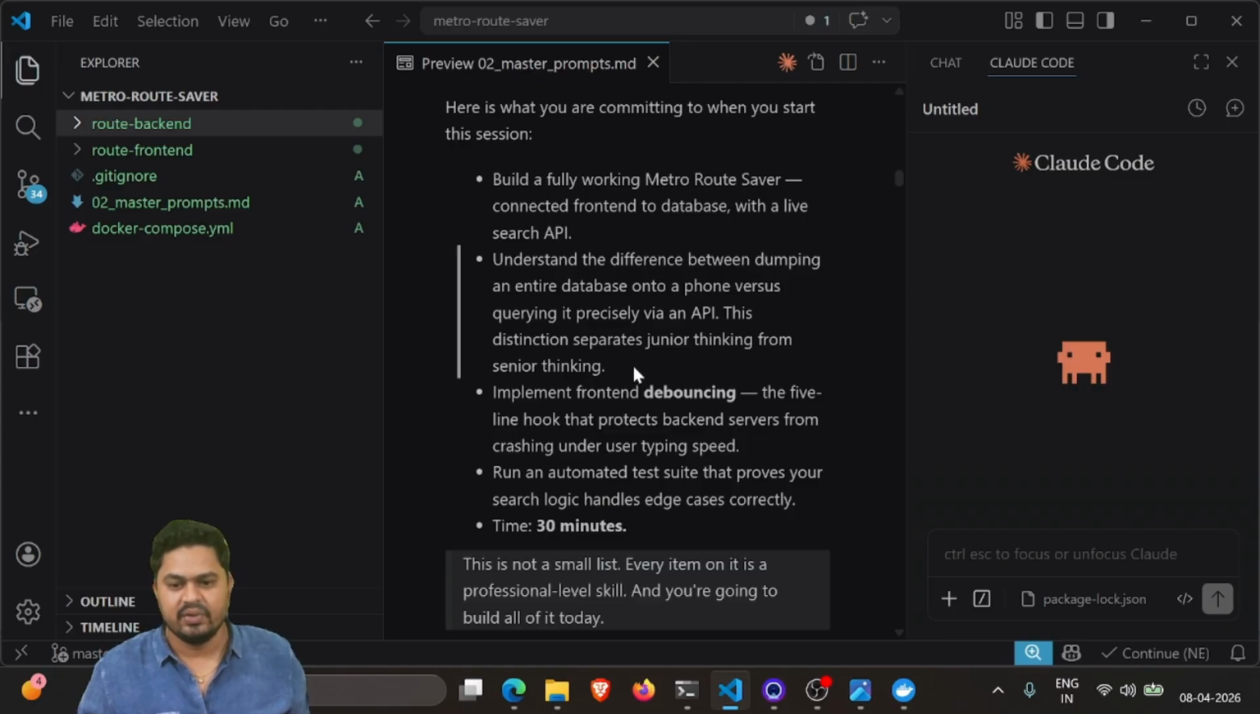So that we'll look at. Implement front-end debouncing, the 5-line hook that protects the backend server from crashing under user typing speed. So debouncing is a concept where whenever you are typing in the front end, the request should go to the backend. But because we'll be typing at a speed, like for example, we want a restaurant from